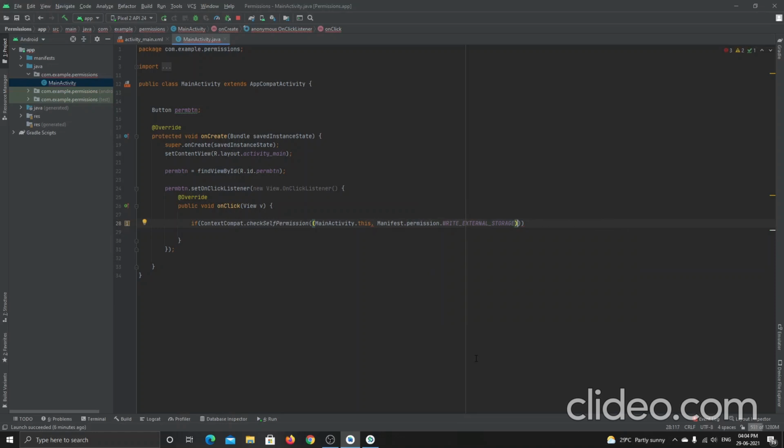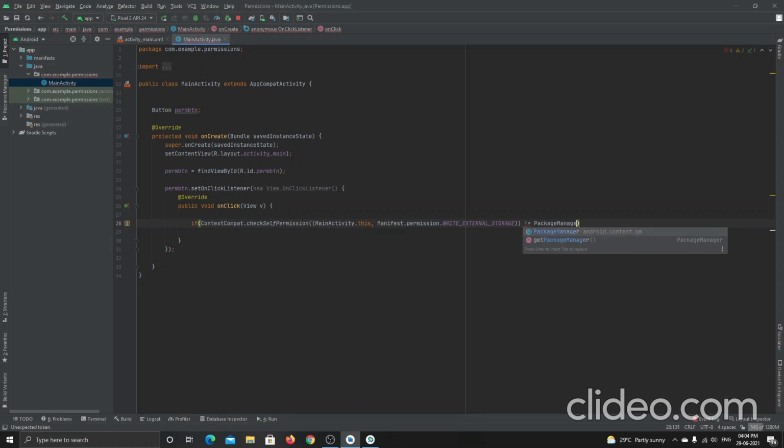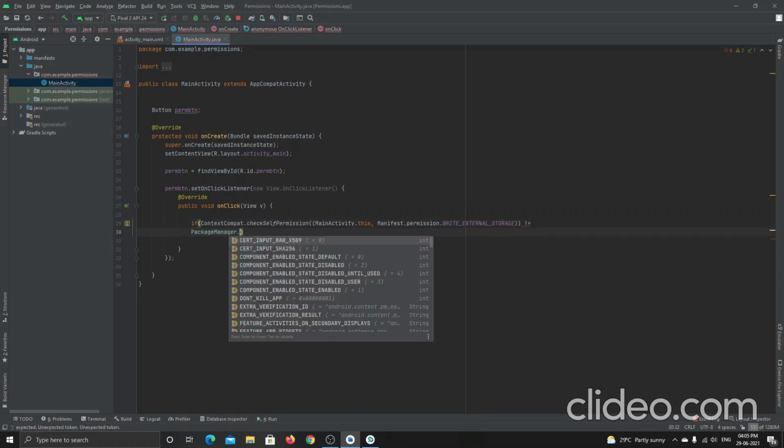And then I want to mention the condition here. The condition is whether the application has been granted the permission or not. For that I will use not equal to PackageManager dot PERMISSION_GRANTED.